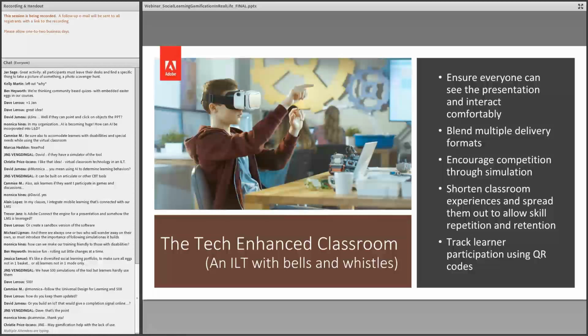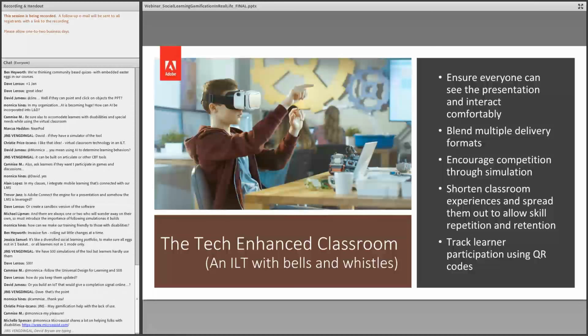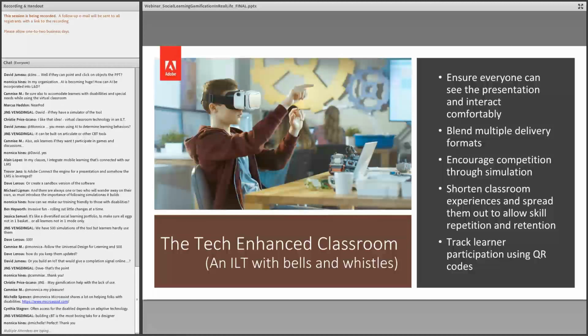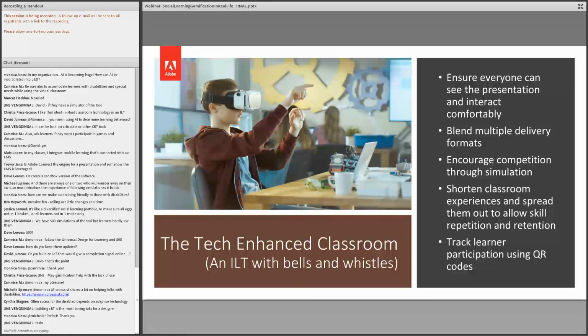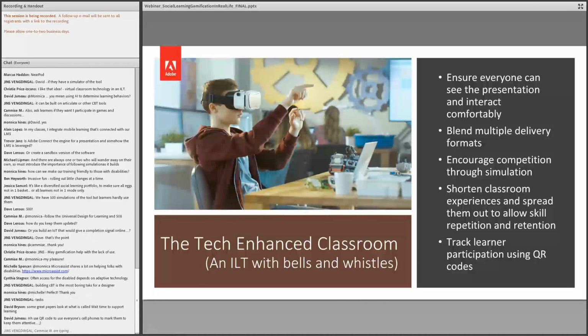And then the last one here is kind of a fun one, and it's great for the trainer's productivity. Tracking learner participation using QR codes. Obviously QR codes in general are becoming more common, and certain learning management systems have gotten on board and are starting to use them more. Captivate Prime is one that actually allows a trainer to put up a QR code at the front of the classroom or near the door, and people can scan it on their way in and receive credit right then and there for being in the classroom training. They're basically marking themselves rather than you doing it. So that's kind of neat.